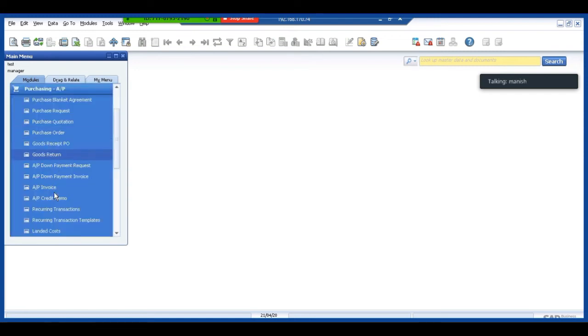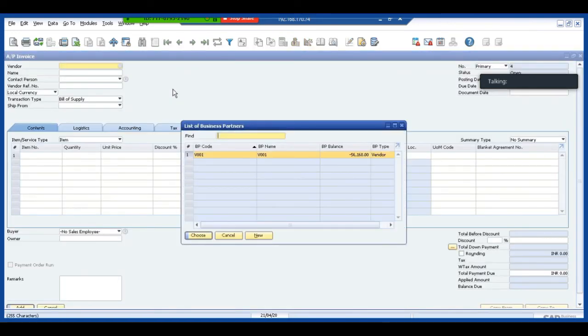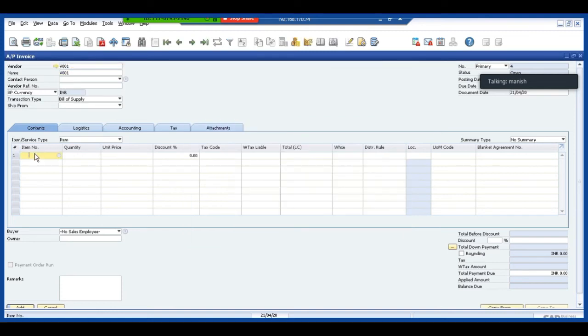I'll go to the document and I'll show it to you how to assign. I'll make one more document out here. Item, I'll select the item.